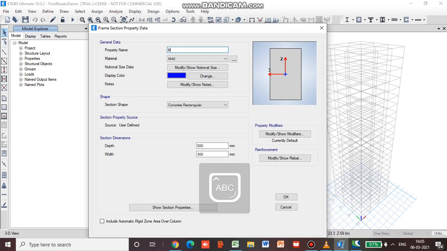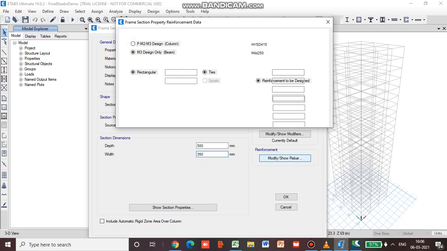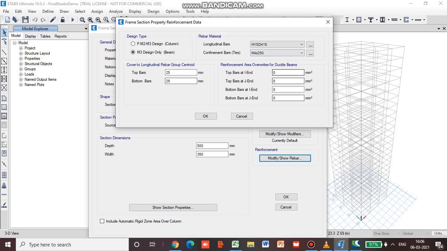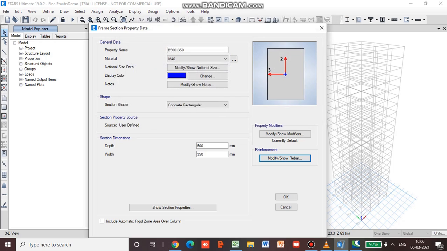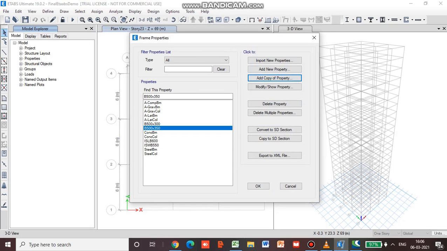Previous one was B 500 by 300. Now we will go for B 500 by 350, M40, 500, 350. And when you see the modify show rebar, this is going to remain same. We don't have to do any change because this is the copy of the previous one. Now we will go for OK.